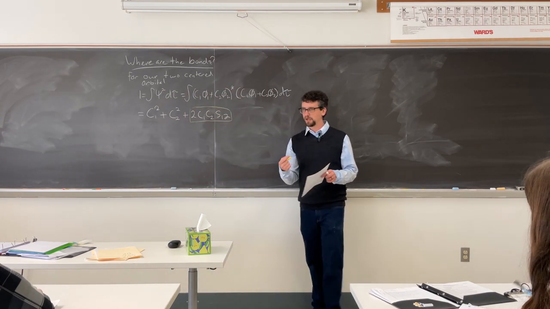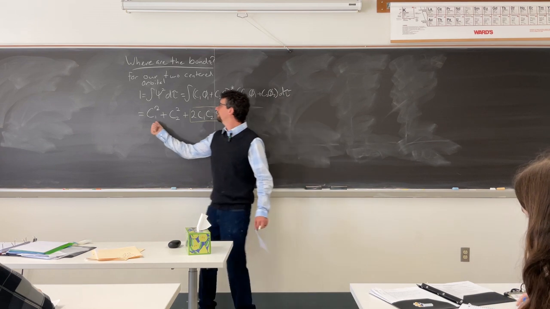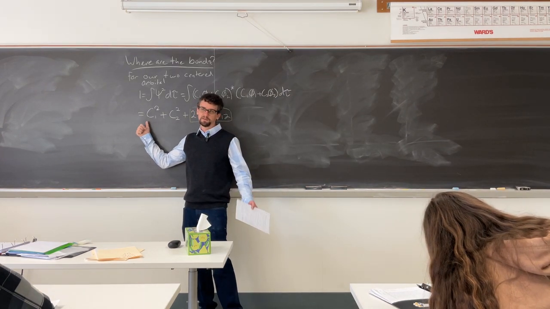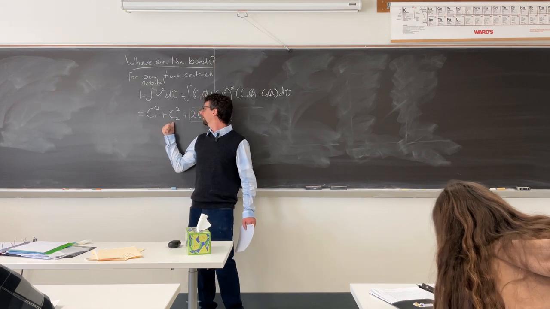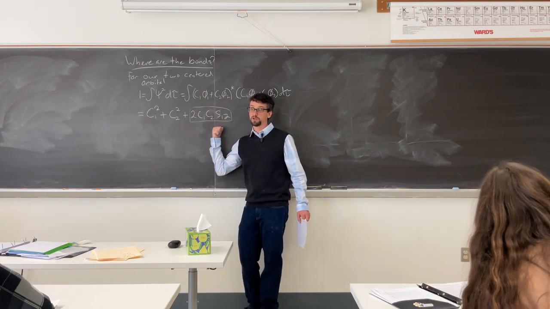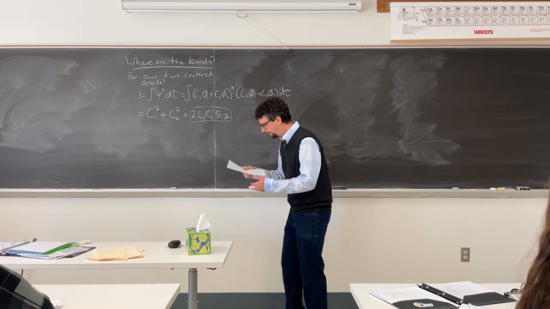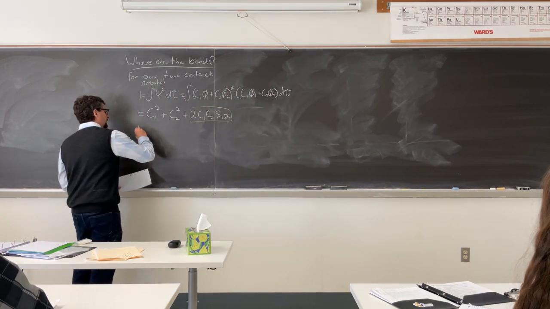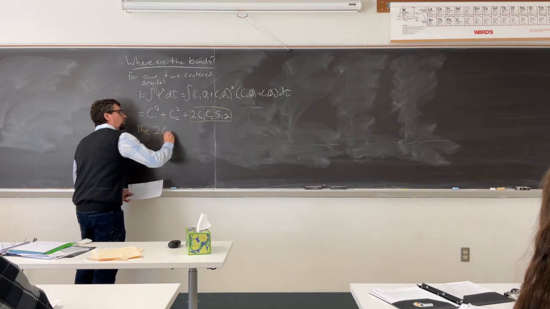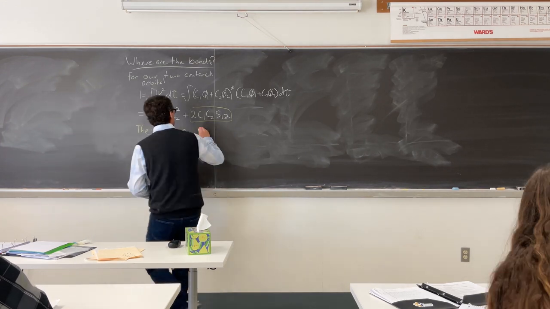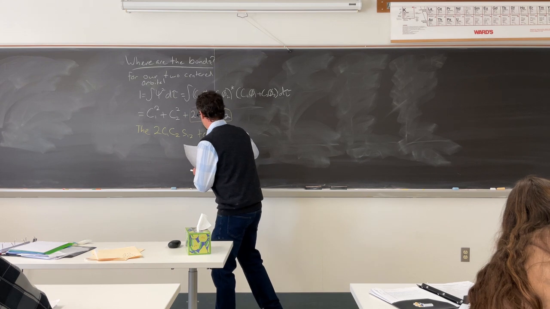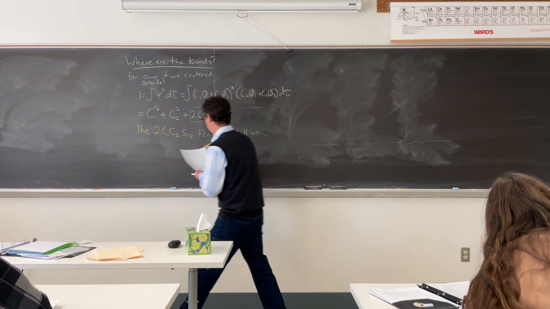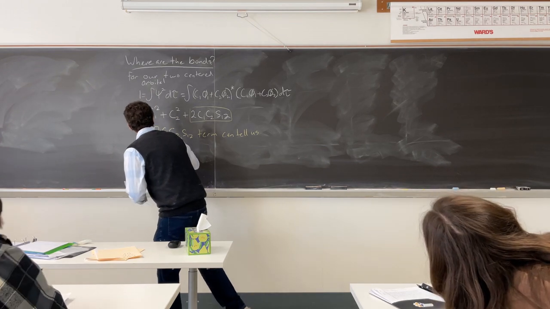That tells you about the interaction between the two particles. This tells you the electrons on atom center number 1, number 2, and then the electron shared between them, right? So the 2C1C2S12 term can tell us about the bond